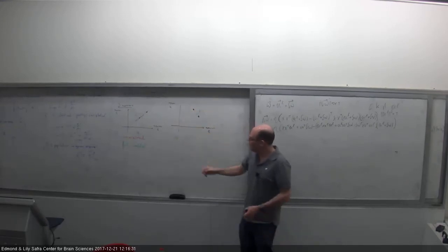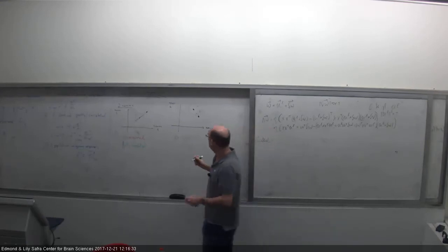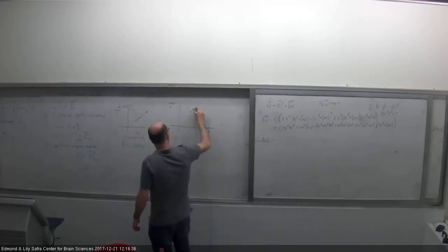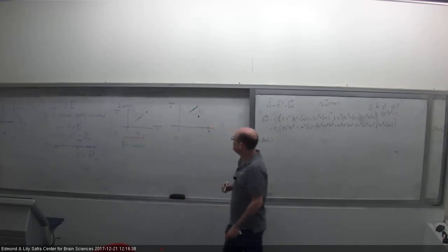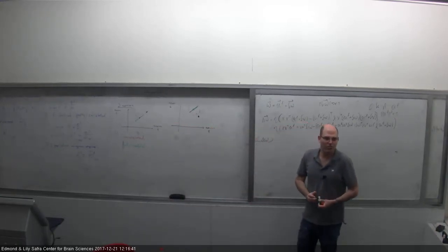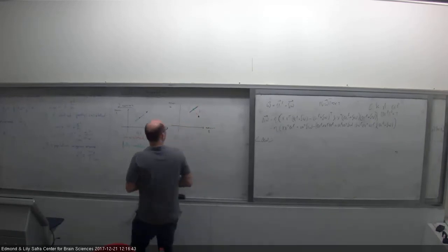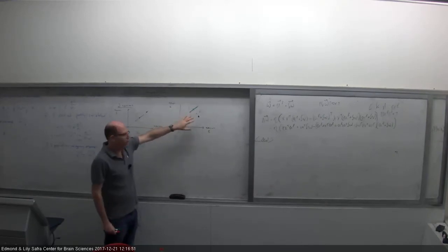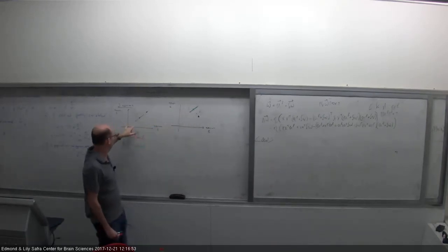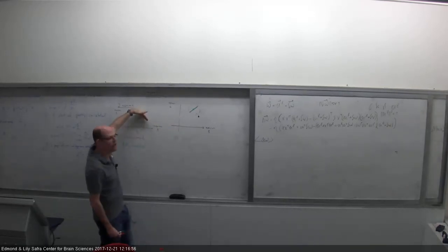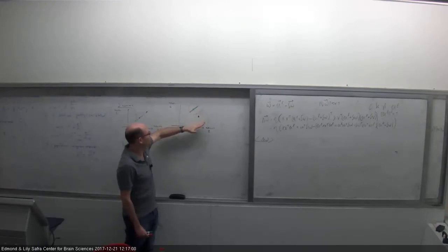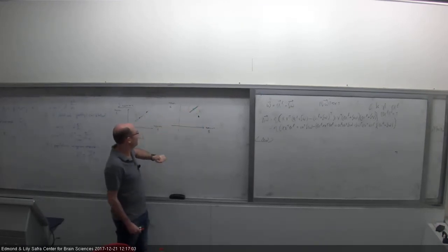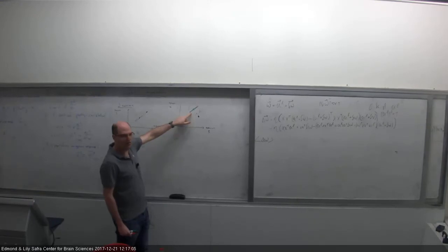But for the fully correlated case, it's different, because the noise puts us along this line. For the uncorrelated case, the probability of error will actually be the same in this condition and this condition. It's the probability of crossing the separating line between these 2 points, which will turn out to be the same in both of these cases. For the fully correlated case, what is the probability of error here?